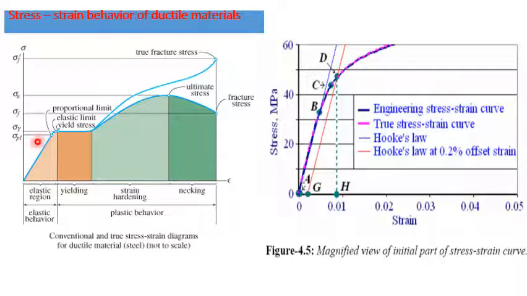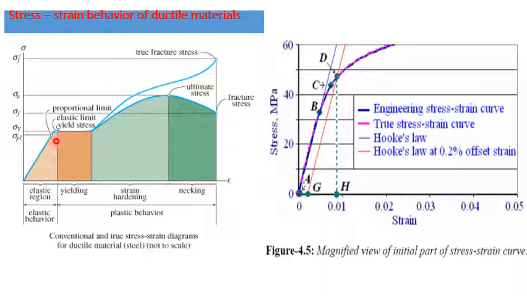In that, the first point which we are going to get in the stress strain curve is the proportionality limit. Within that limit sigma is directly proportional to epsilon, or in other words, where we can say Hooke's law is applicable. As we increase the load, we will see the elastic limit. It's a limit below which the material behaves like an elastic material. Whatever load we applied, when we remove it, it will regain its original shape.